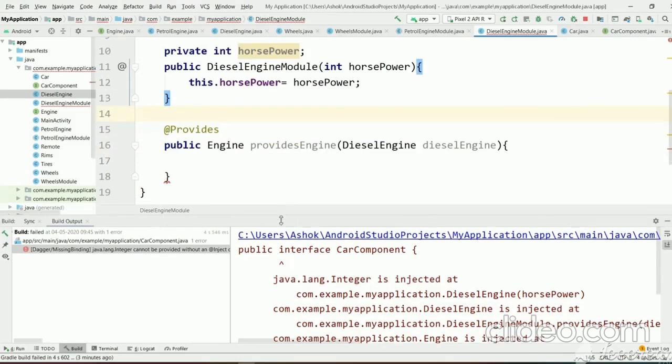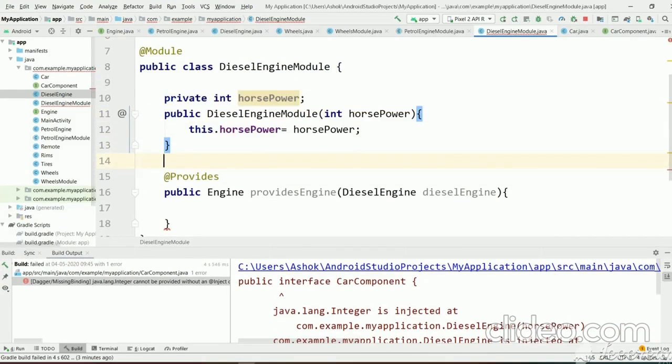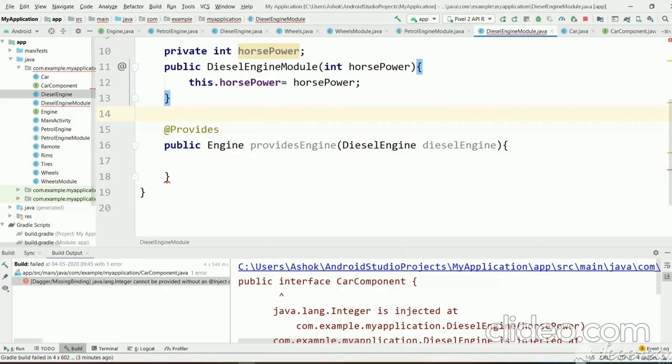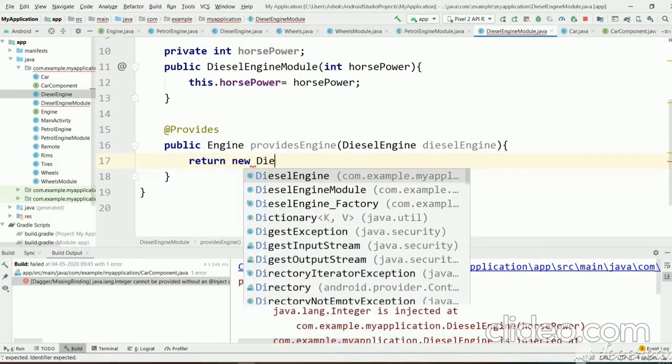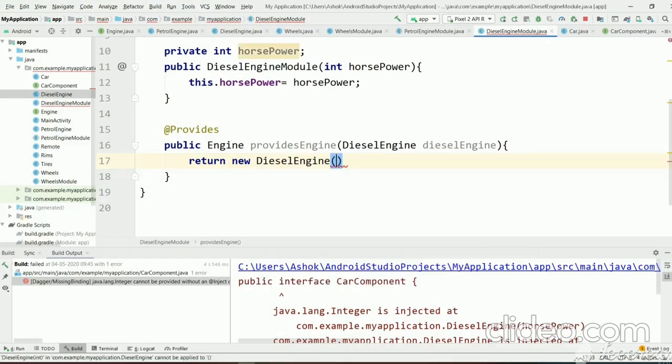Now everyone knows modules are used to create objects of classes, and Dagger can use these objects whenever it wants. And here we will create a new diesel engine and return it, and for the argument we have horsepower, we will just pass it.